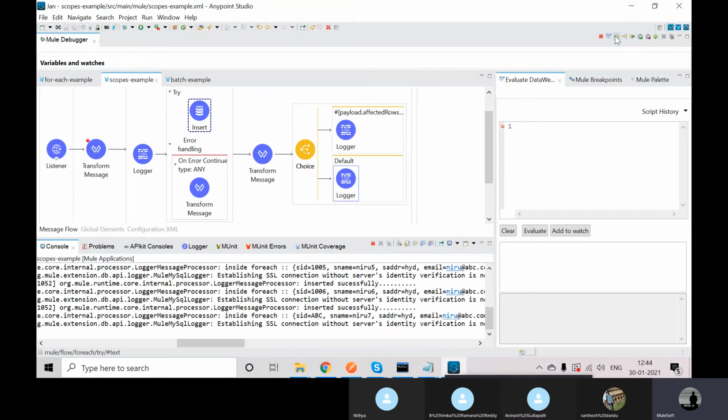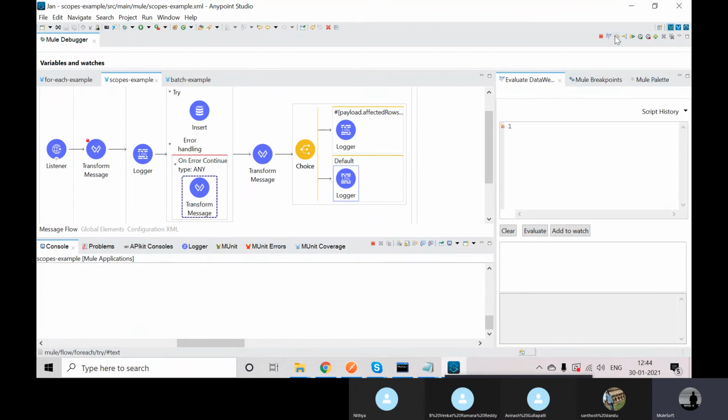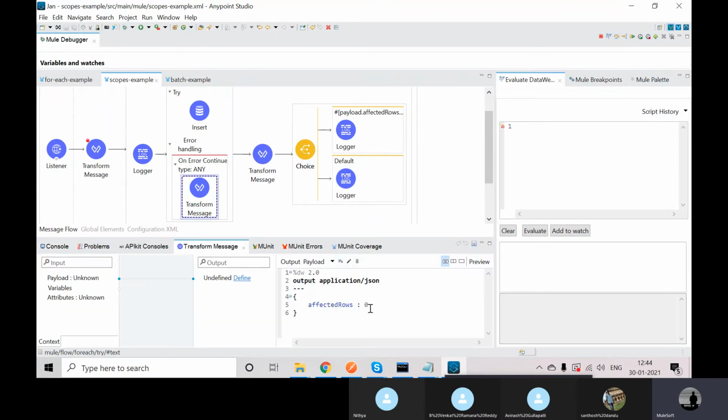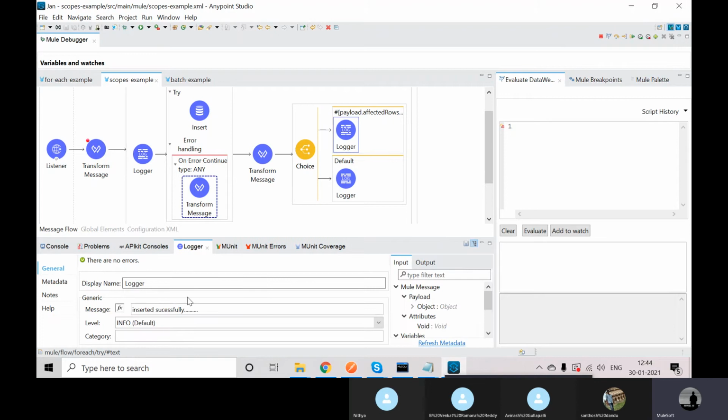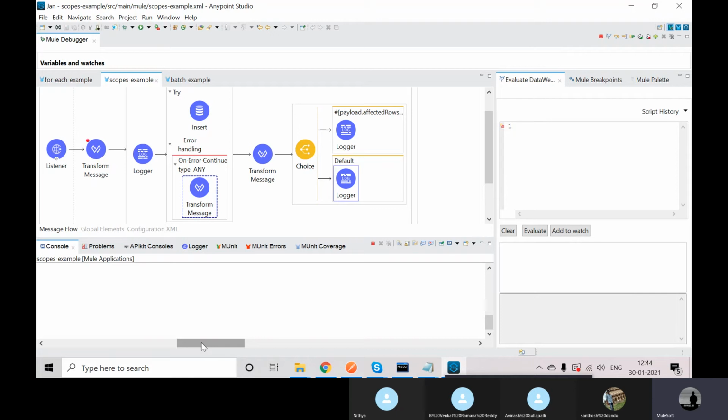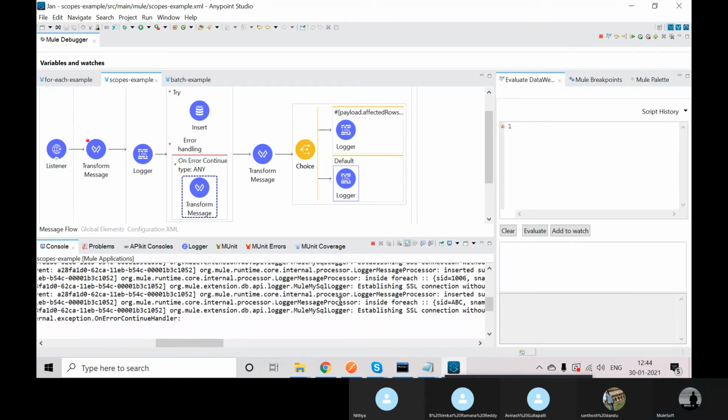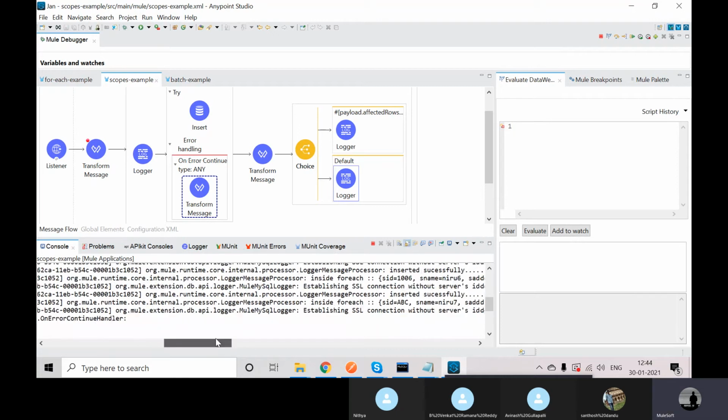So it will go to the database, and it will come to the on error continue. Here I'm setting affected rows to 0 actually. The condition is that if payload dot affected rows is 1, then only it will print the success message. Otherwise it will print the failure message. So now I got some error, right?